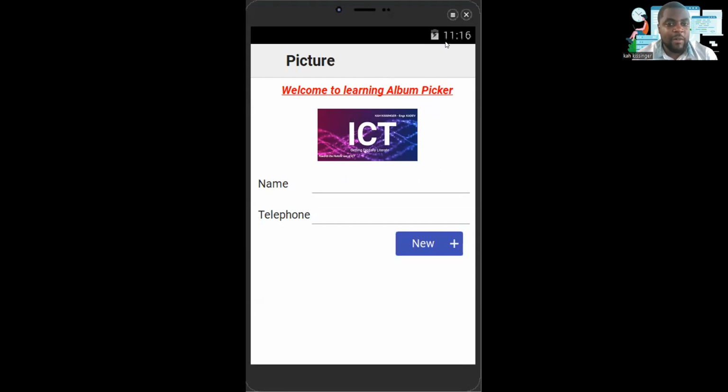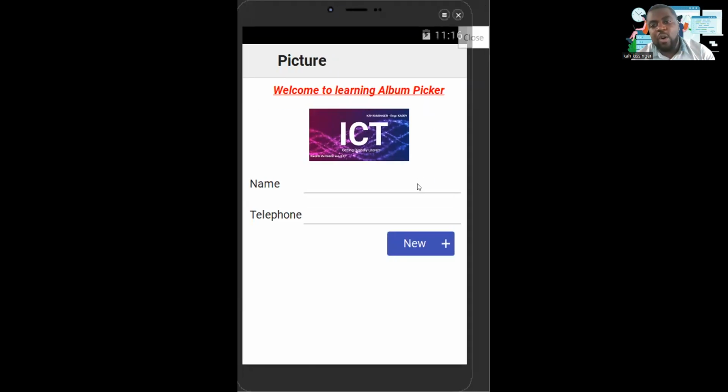So in this video, our focus was to work on the function of AlbumPicker that will enable us to pick an image. So we are studying other codes in order to see it. We can move on and be including them now in the program. And hopefully, subsequently, we are going to handle the possibility to also use